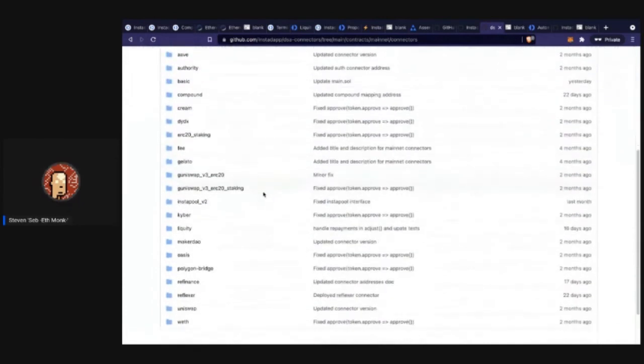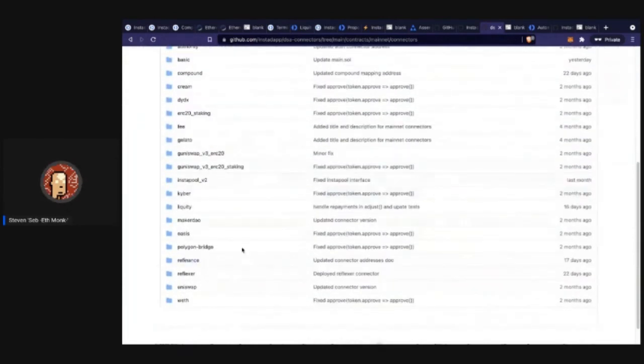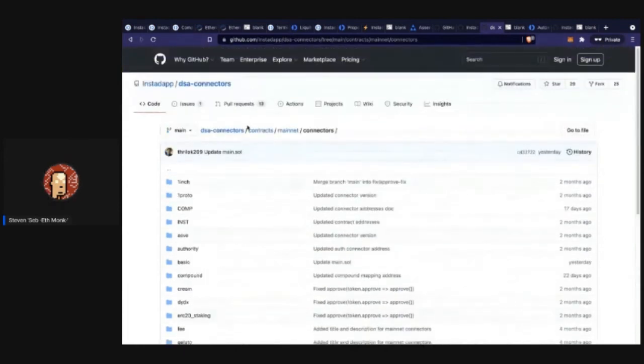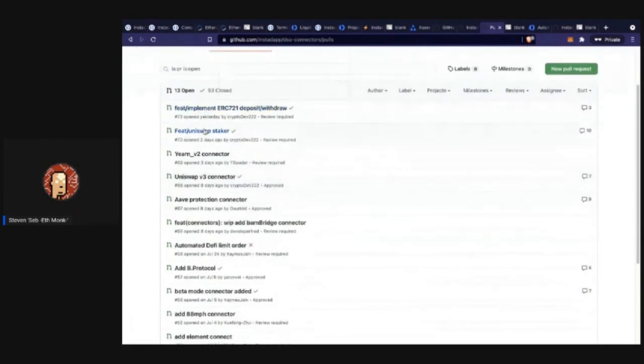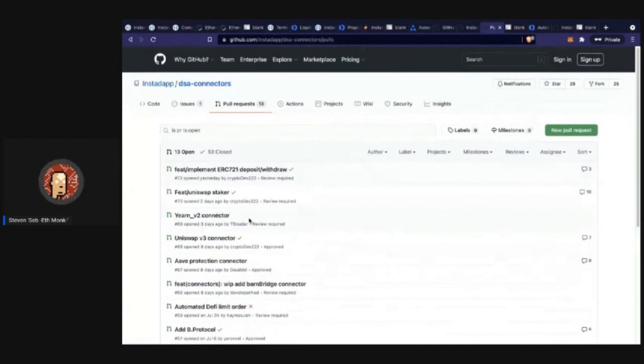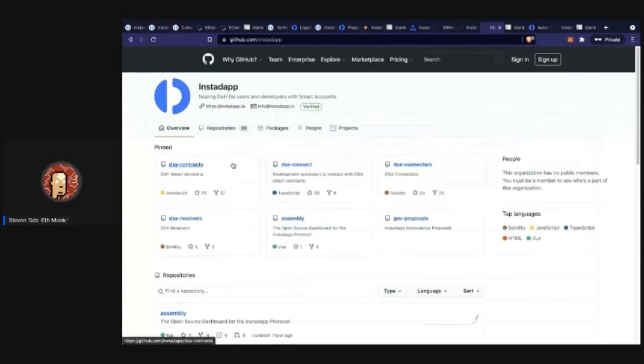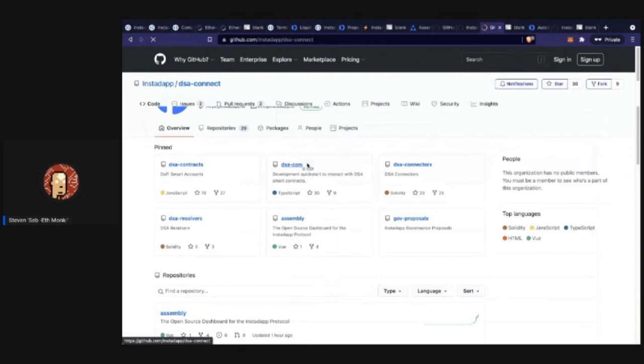As you notice, there's probably a couple items here that weren't in our documentation that are things being worked on. You can always look at the pull requests and see what other connectors and things everyone else is working on. So really a cool place, a good repo to be paying attention to. If you were an app developer and you wanted to develop on top of the contracts, you could check out the DSA Connect repo.